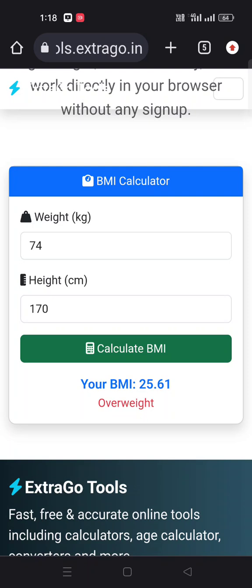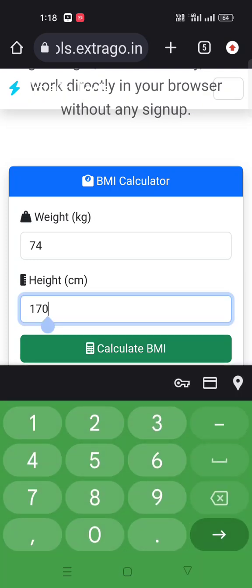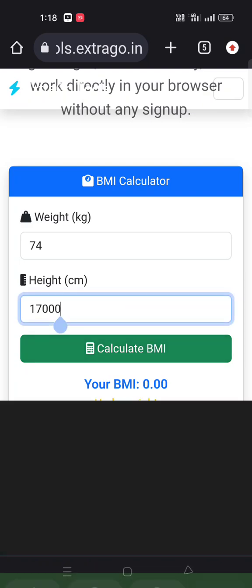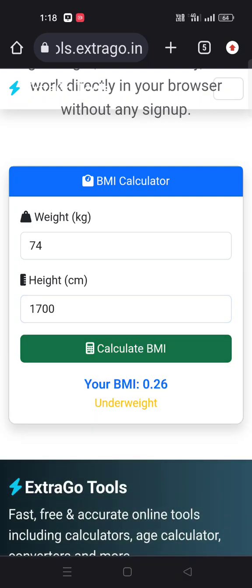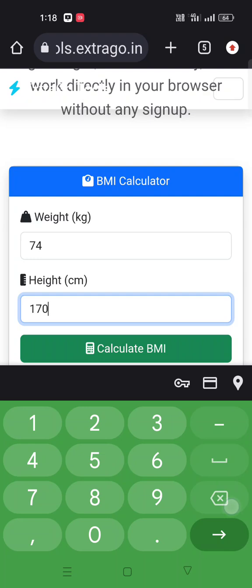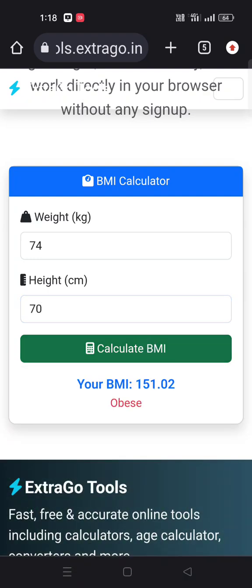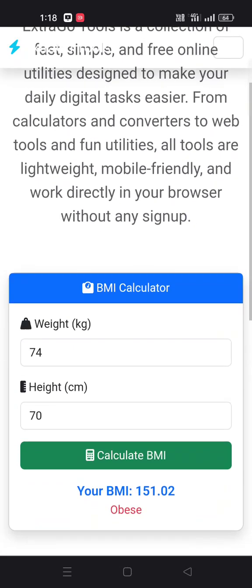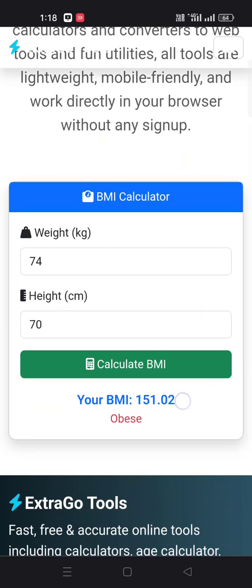I think something is going wrong here. This is the tool. This is calculating everything.